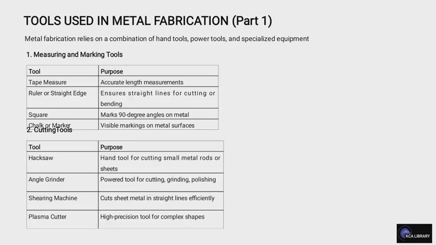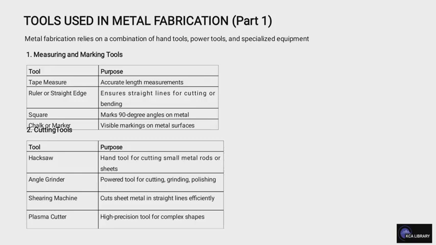For these, we have tape measures, whose purpose is to ensure accurate length measurement. We have the ruler and straight edge, which ensures a straight line for cutting or bending. We have the square, which marks a 90-degree angle on metal, and